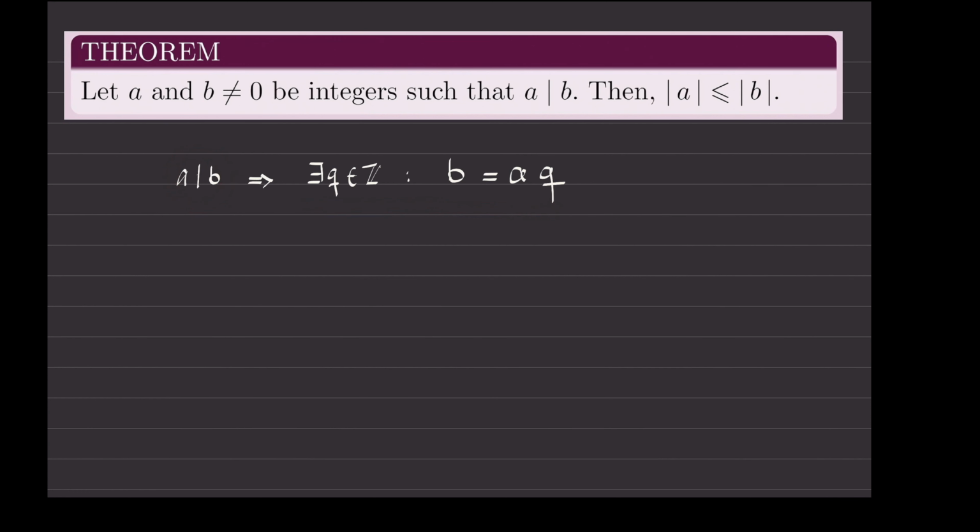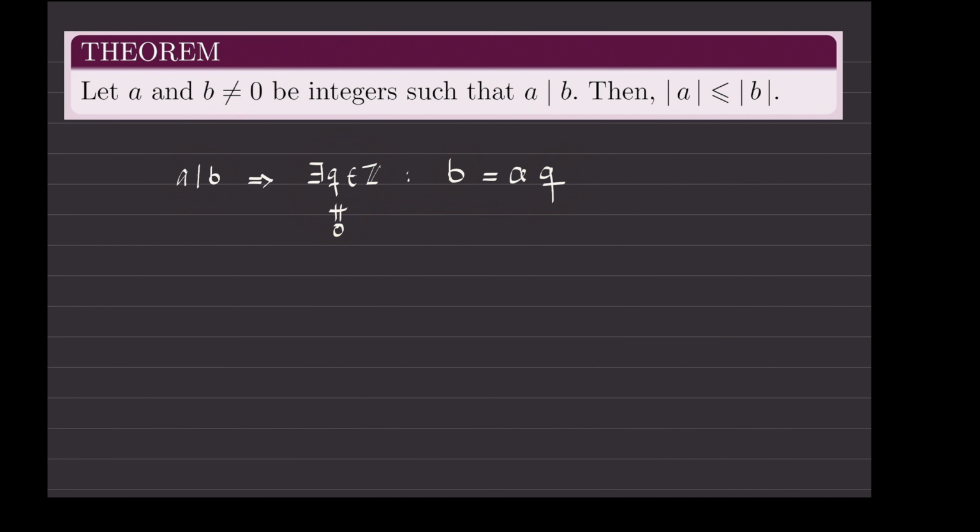But there is one more assumption, that B is not equal to 0. So this means that Q, even though it is an integer, cannot be equal to 0. Yes? So Q is not equal to 0. Why? Because if this Q is 0, then it means B is equal to 0, but B is not equal to 0 according to the assumption. So based on this condition and this condition together, you can conclude that there is a non-zero integer Q, so that B equals A times Q.